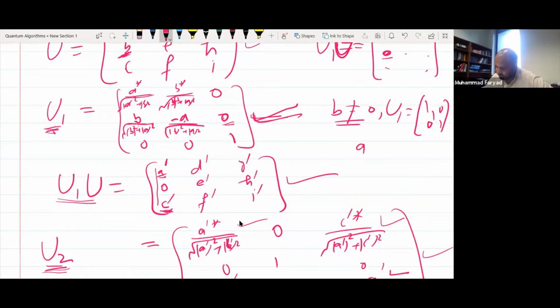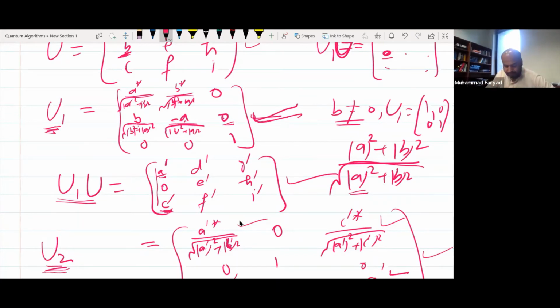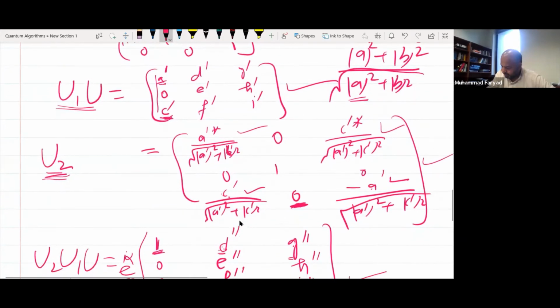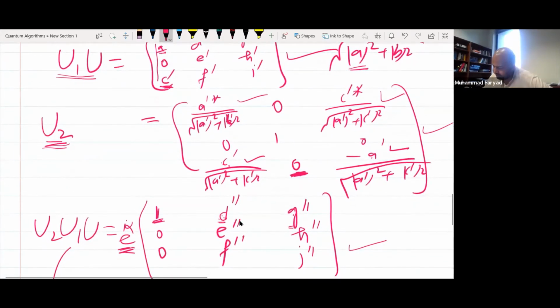So this was like this, divided by, so this is actually nothing but this square root, right? And this number would be a into c prime